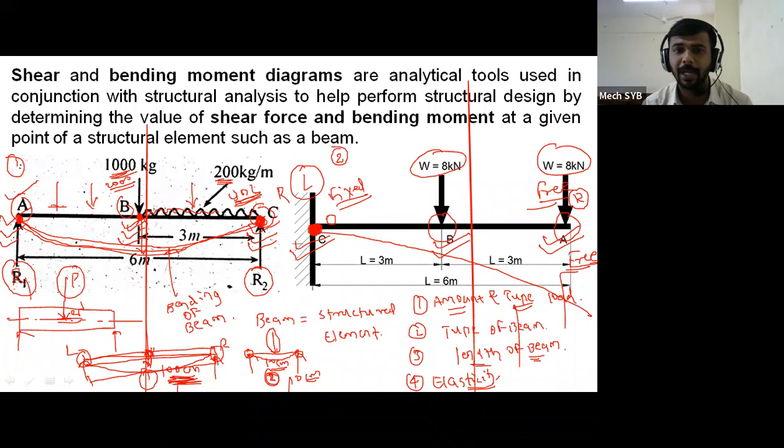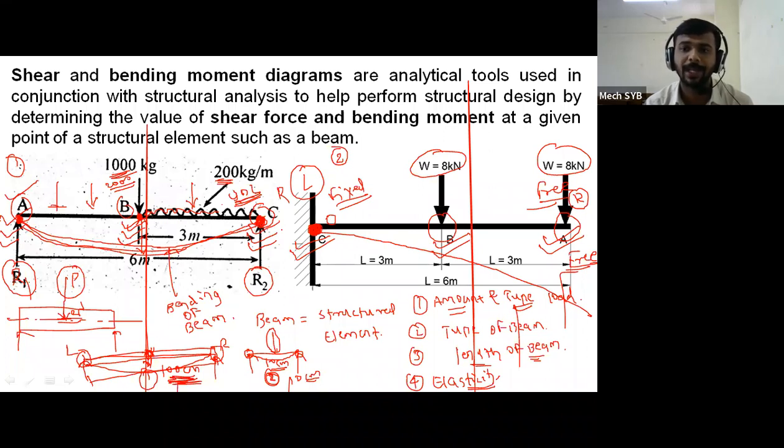But whatever values we are calculating, from those values we are unable to give the final decision, that where shear force is 0, where bending moment is 0, or where bending moment is maximum. कुठे shear force 0 आहे आणि कुठे shear force maximum आहे आणि कुठे bending moment maximum आहे आणि कुठे bending moment 0 आहे. That decision we are unable to find by using the calculated values. So what we are doing,